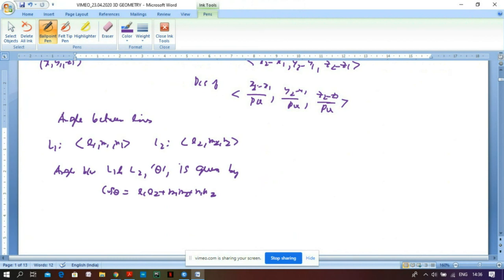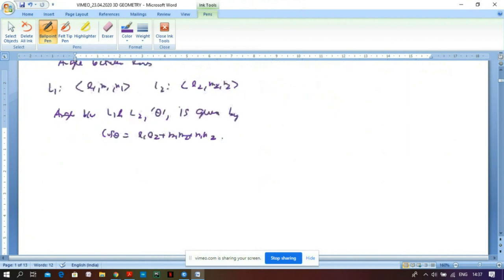And then the famous formula that A dot B is modulus A times modulus of B times cos of theta. And here modulus of A is L1 squared plus M1 squared plus N1 squared, that's 1. And same for modulus of B. If instead you do not know the numbers, the direction cosines,